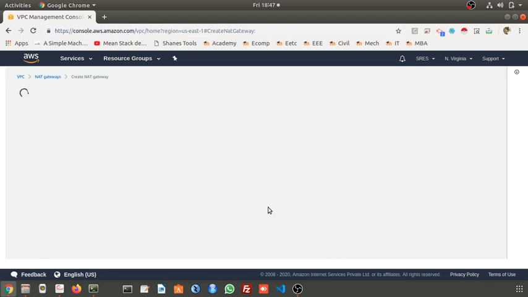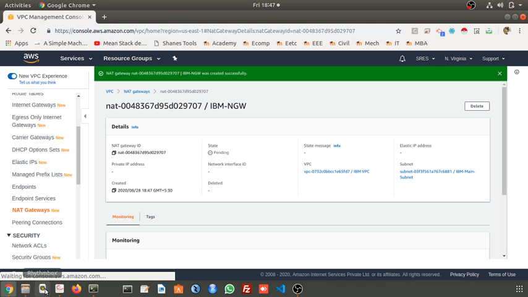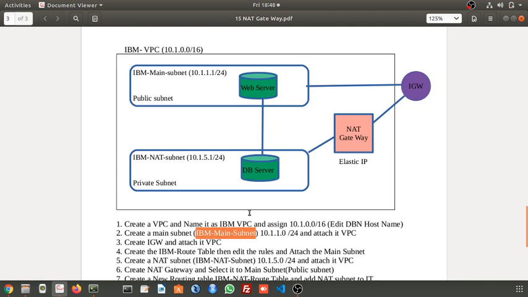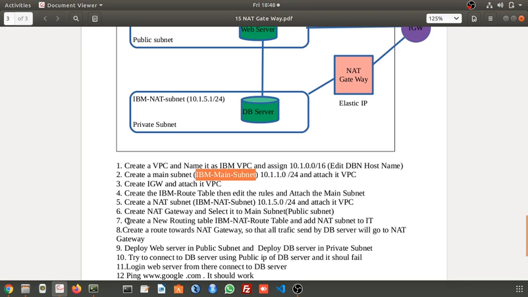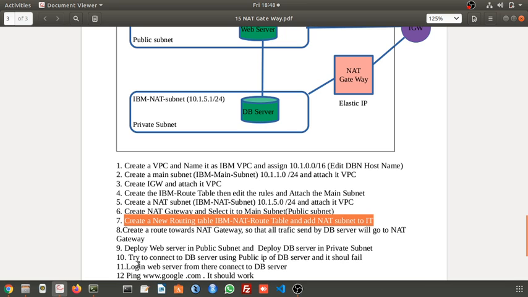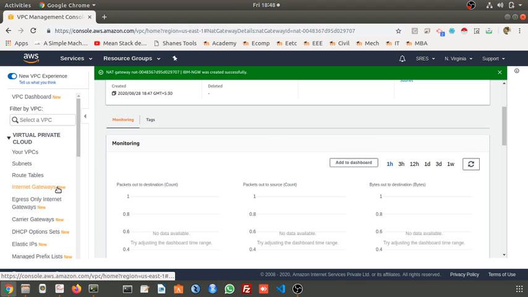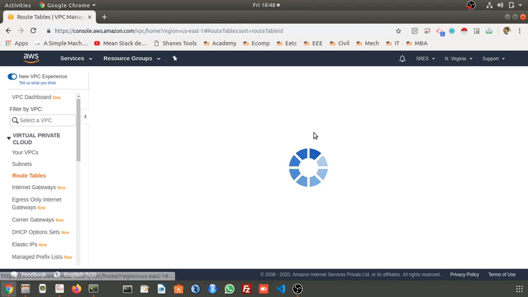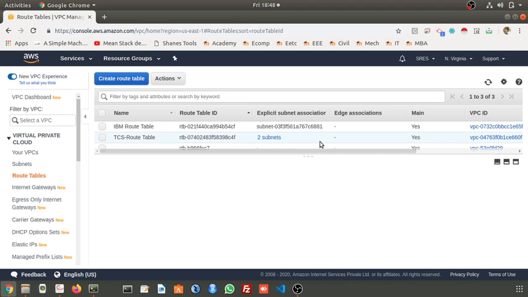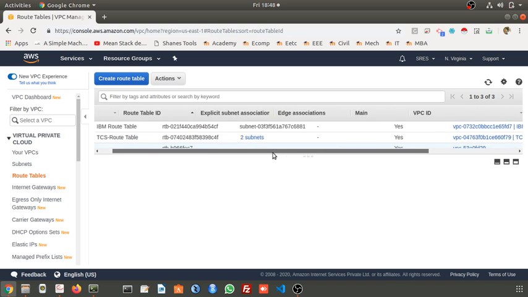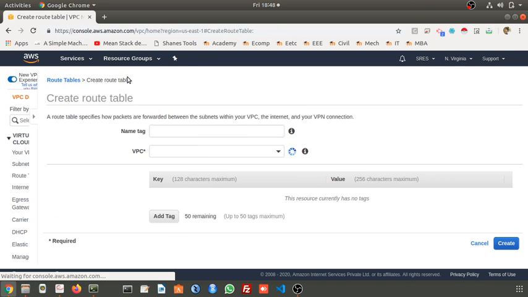The NAT gateway is created, which means this gateway is created. Now we have to create the route table for it. Go to route tables. For the NAT gateway, by default no route table is created, so we have to create this route table.